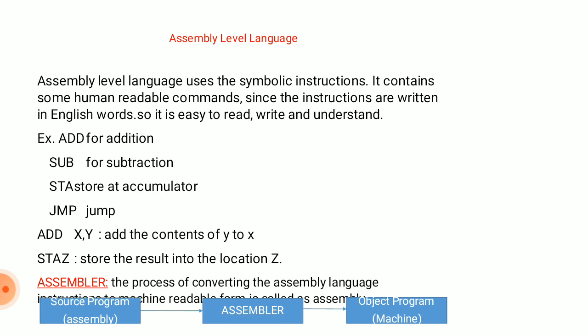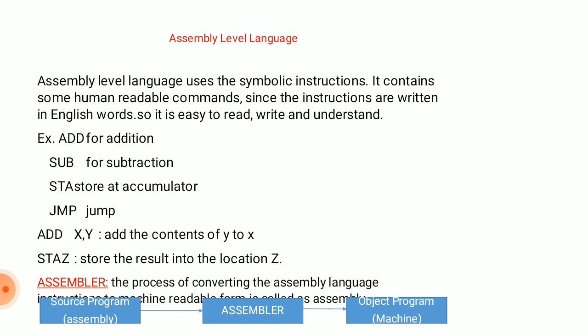And object program means it is an output file or an output generated after compiling the source program. When you compile a particular program, one file or one program is generated.